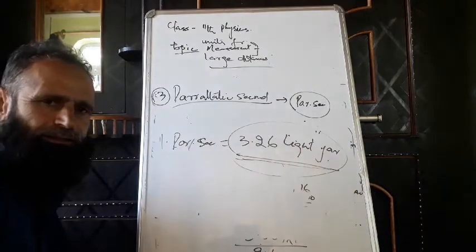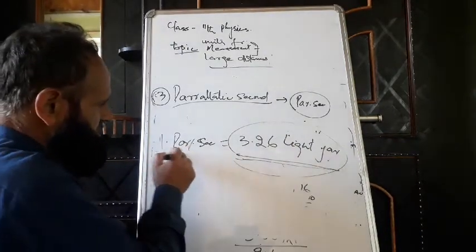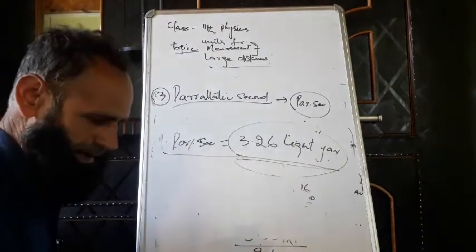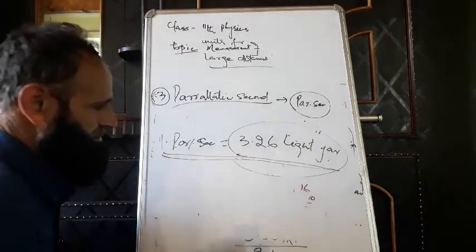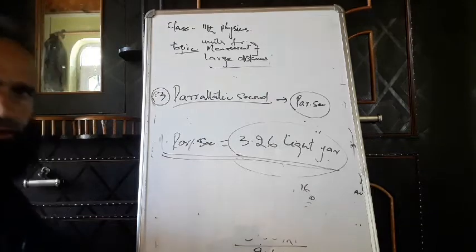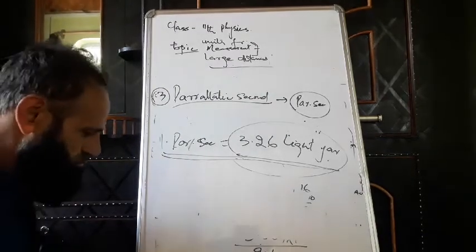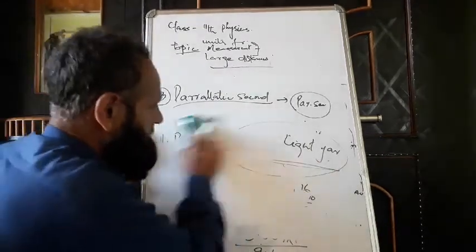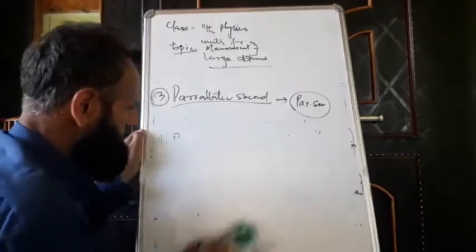A parsec is a very large distance compared to a light year. Sometimes we are asked in exams how we can change light year to parsec and parsec to light year. So we have discussed one astronomical unit,